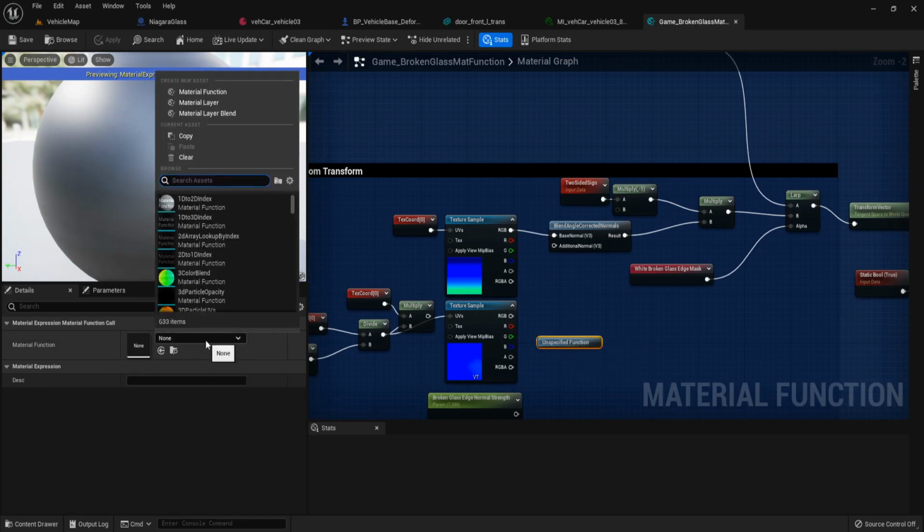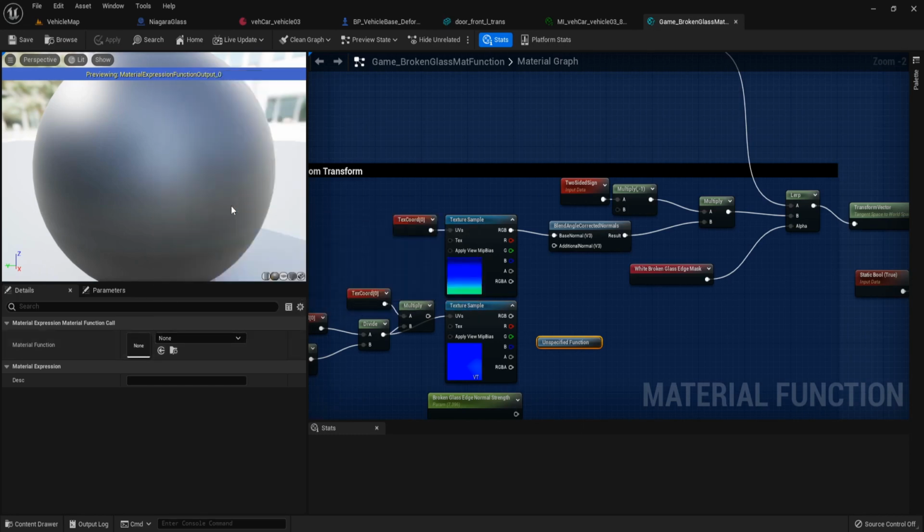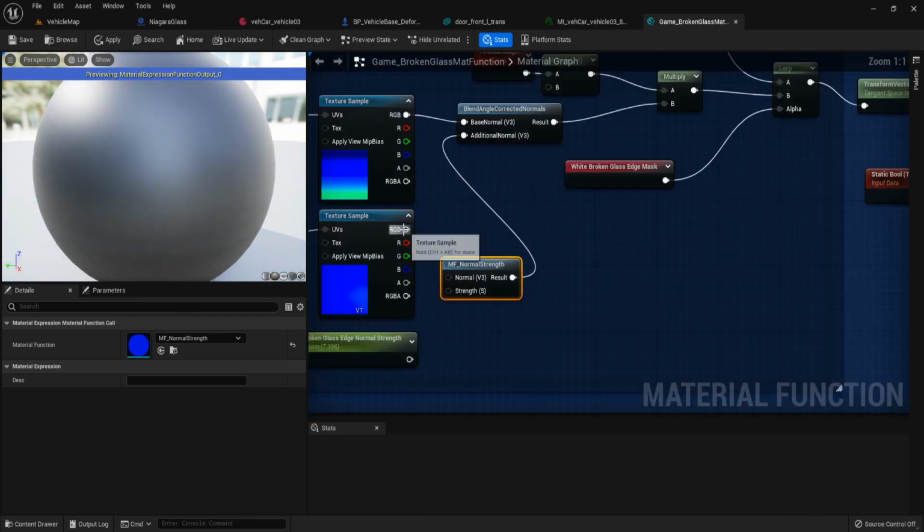So choose normal string, MF normal string. And connect RGB to the normal and this string. And then save.